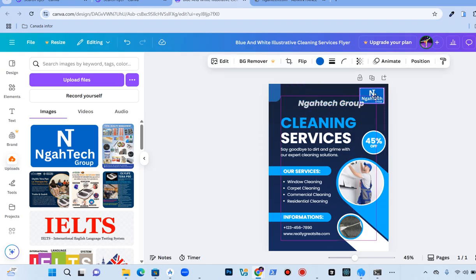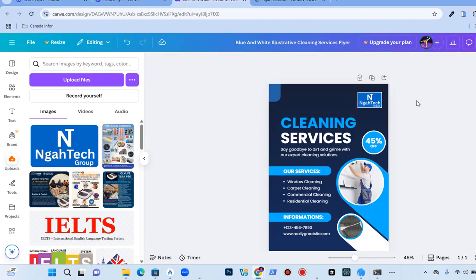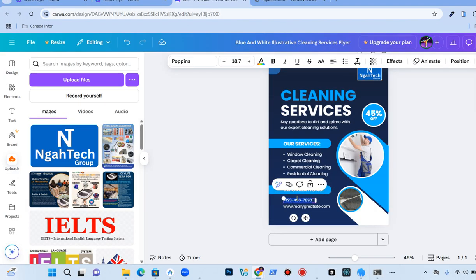So as you're putting it, those lines are trying to help you to align some of this information with what you want. So if you want, we can move this one now since the logo is there, and we'll just keep it NgahTech Group. You have clean services, and we'll put say goodbye to dirt and all this stuff. As I mentioned before, you can just change the information here. Put my information to